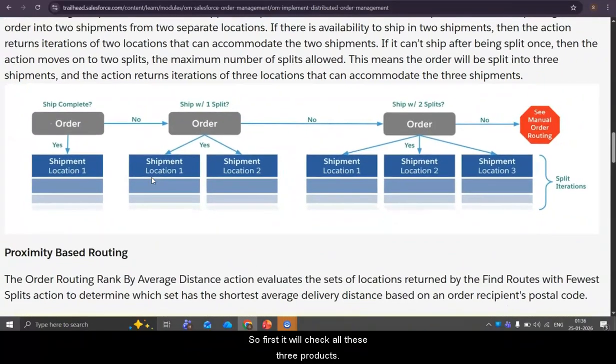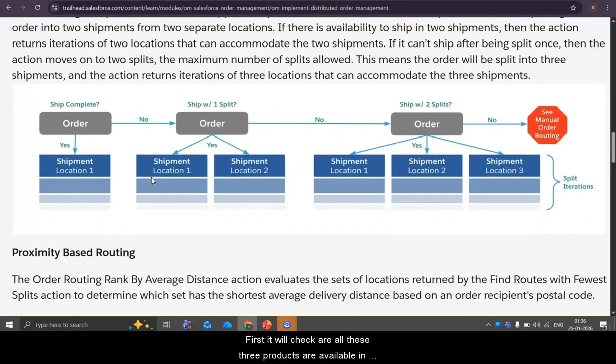So first it will check whether all these three products are available in a single location or not. Nothing but whether all the products I have ordered are there in a single location or not. If it is there, then it will create a single shipment.